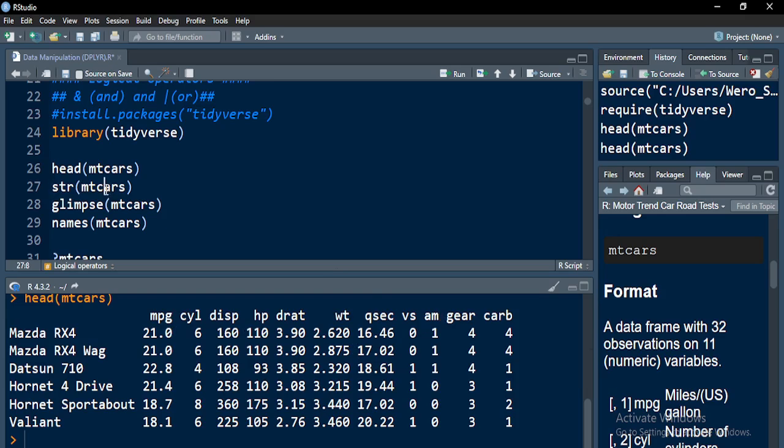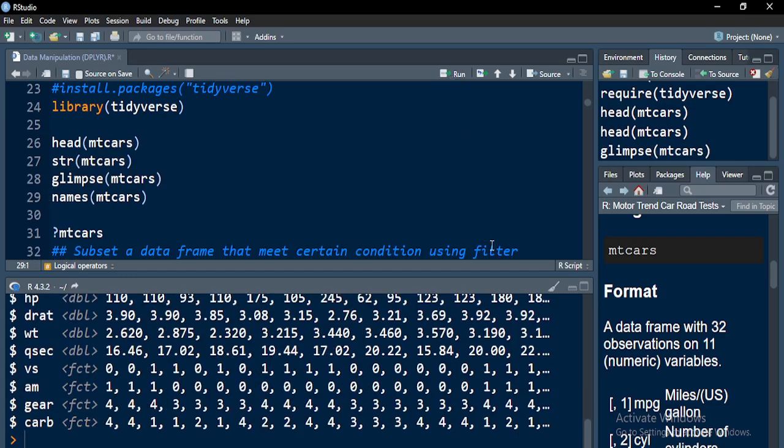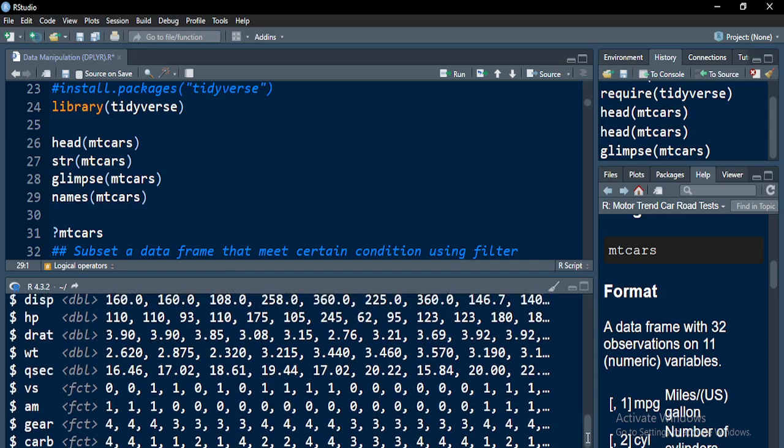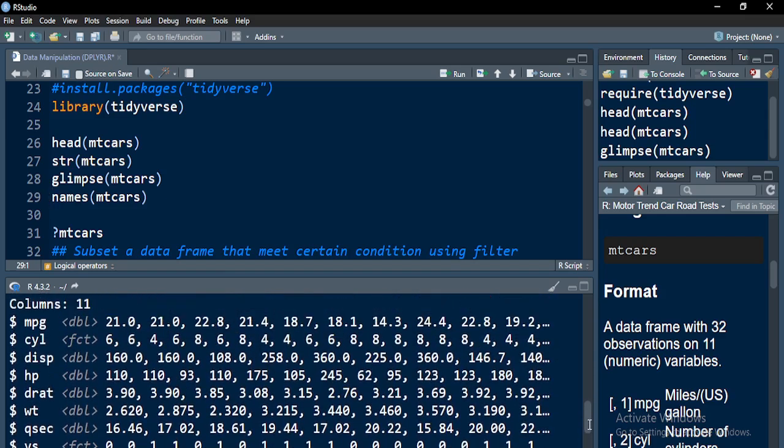To see the structure, we can use the str command or the glimpse command. So let's use the glimpse command today. The glimpse command gives you the structure or the class of each